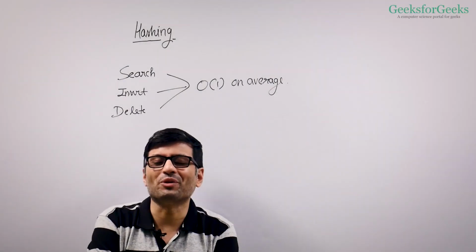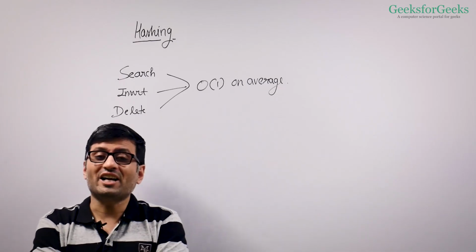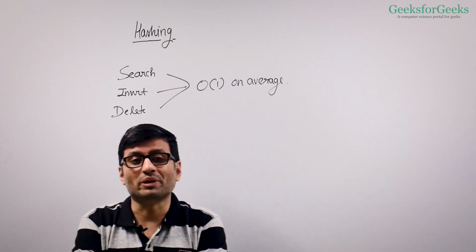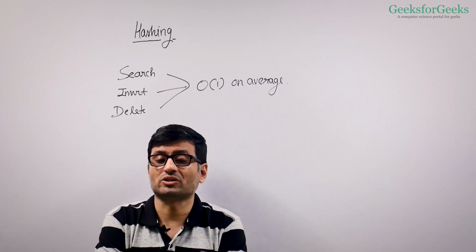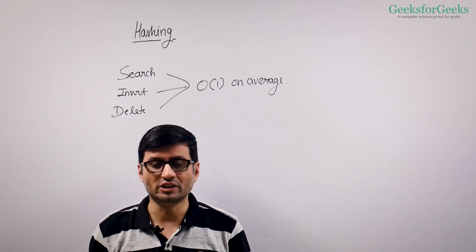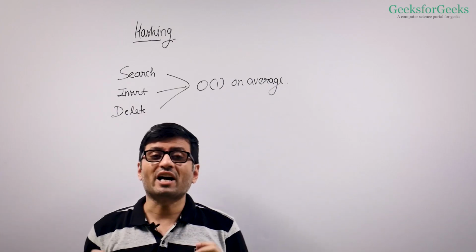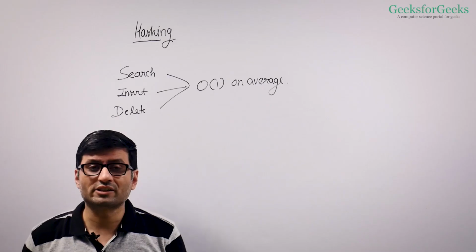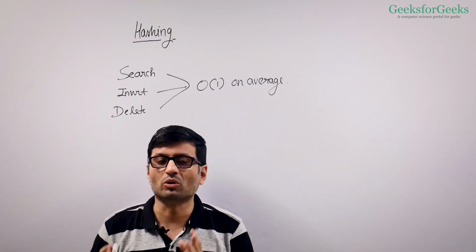Hi, in this video we are going to introduce a new topic, hashing. Hashing is mainly used to implement dictionaries where you have key value pairs. It is also used to implement sets where you have only keys, a set of keys. The great thing about hashing is it provides search, insert, delete, all three operations in big O of one time